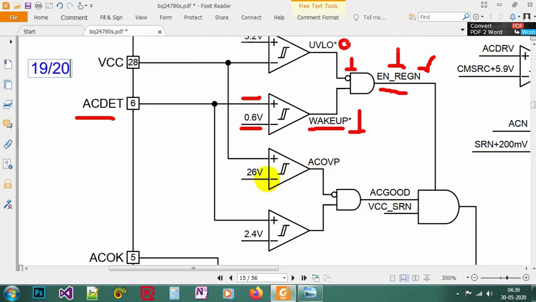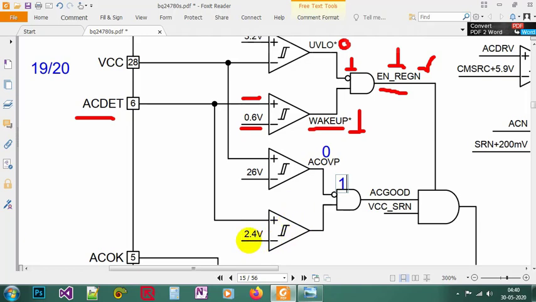Of course, the lower side is higher, then we will get a low output for the Schmitt trigger, and after the NOT gate it will be high, because it's just opposite. It will do just the opposite. Alright, and the next Schmitt trigger is connected to the AC detect, and its high side is connected to AC detect,